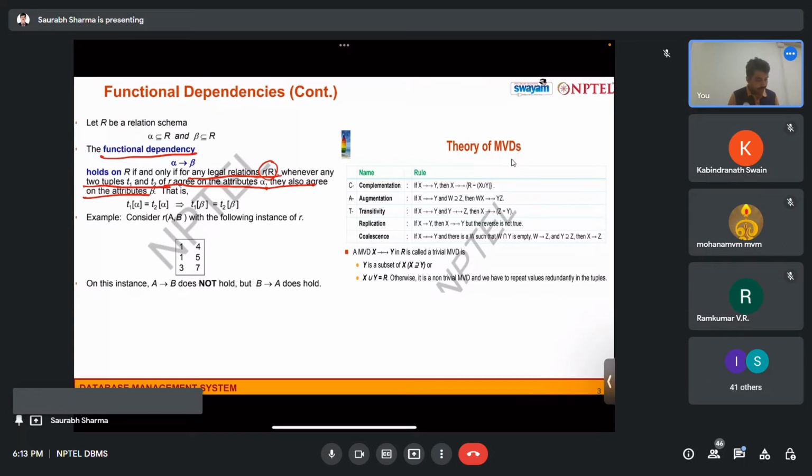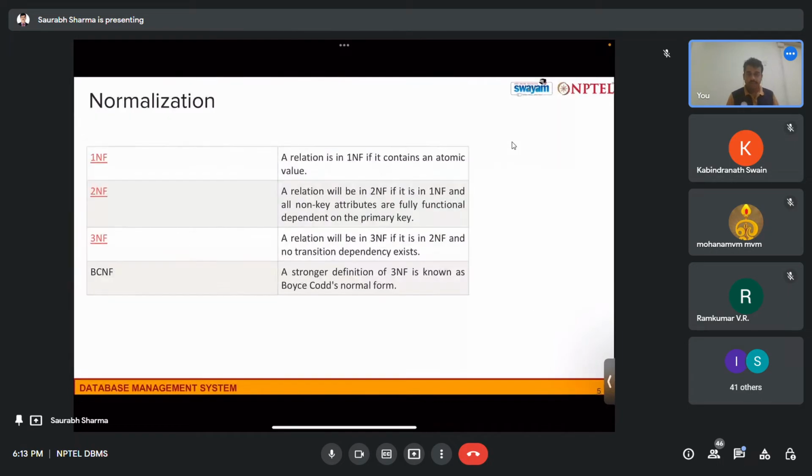And then there was multi-value decomposition. There was complementation, augmentation, transitivity, replication, collision. All of these things were covered in week 4. And the major thing covered was the normalization forms: 1NF, where the relation contains atomic values. In 2NF,